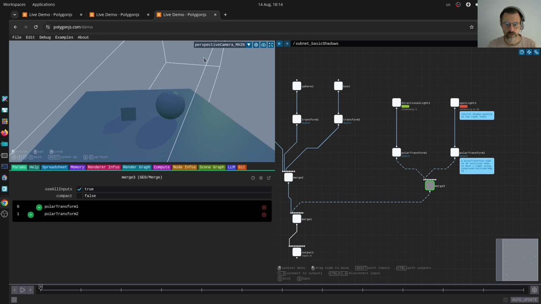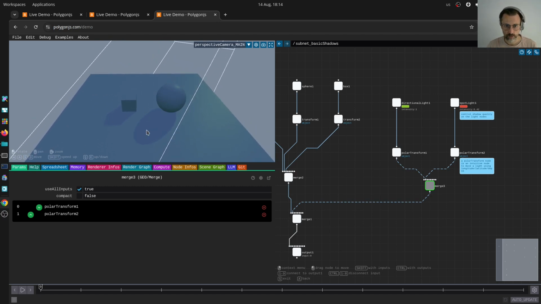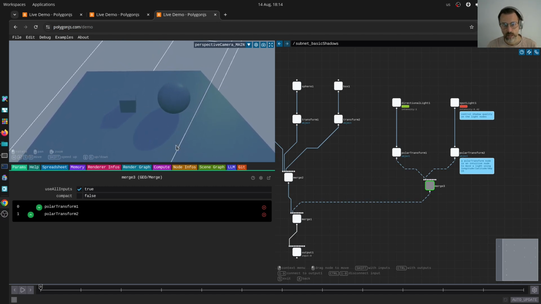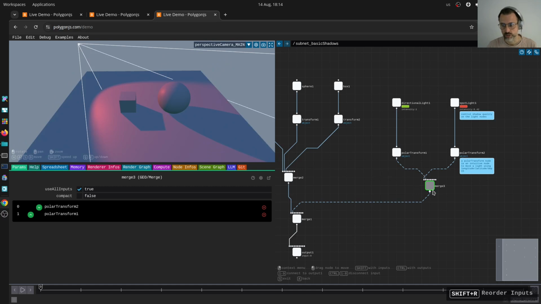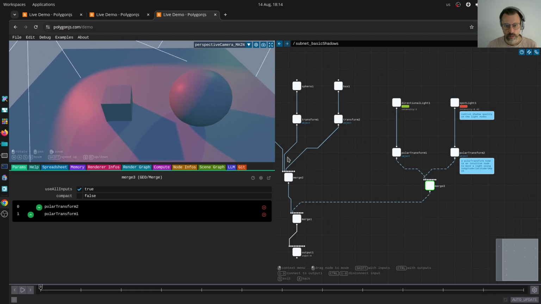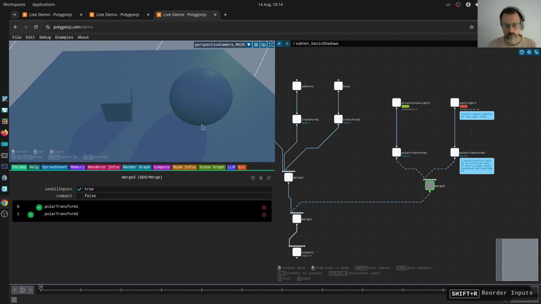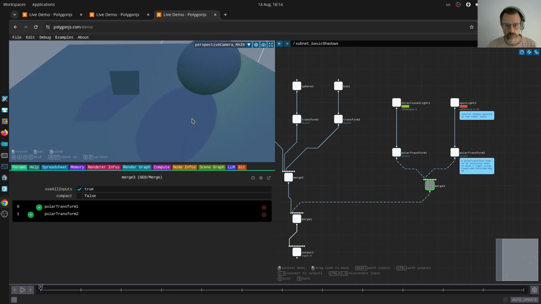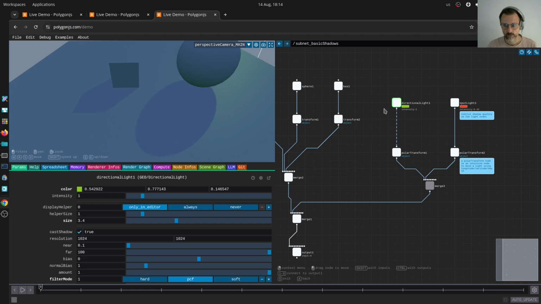So in that case, I just see the directional light. You can see the shadow that has been created by it. Or if I press Shift R to reorder the input, I will now see the other light, so just the spotlight. Or I can unbypass to see both of them. But let's try with one at a time. So if I look at the shadow created by the directional light, I can control that shadow from the light